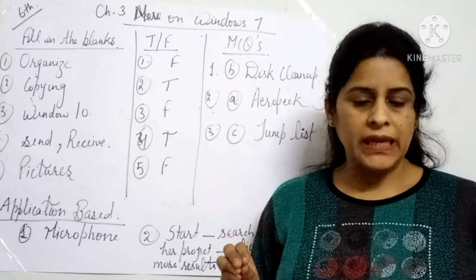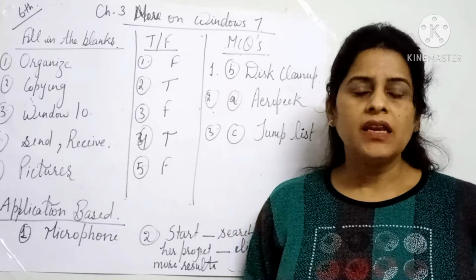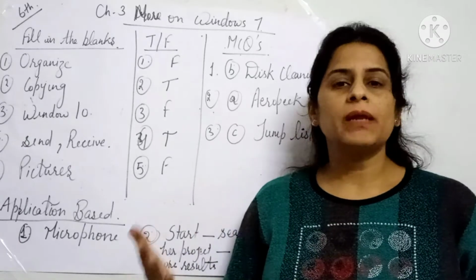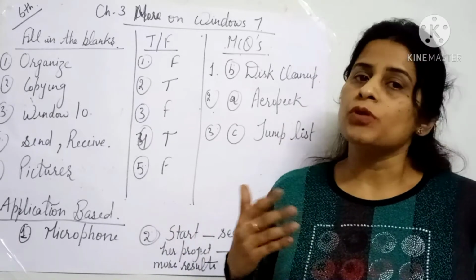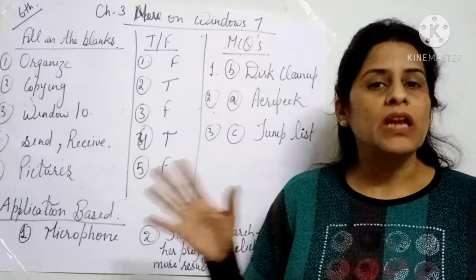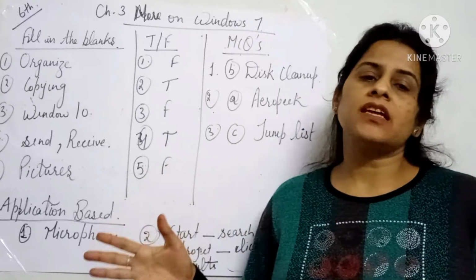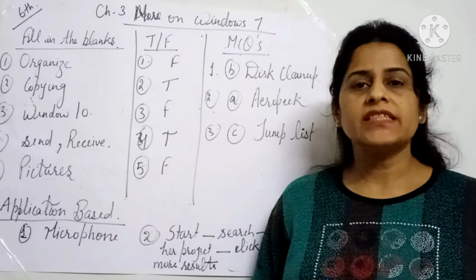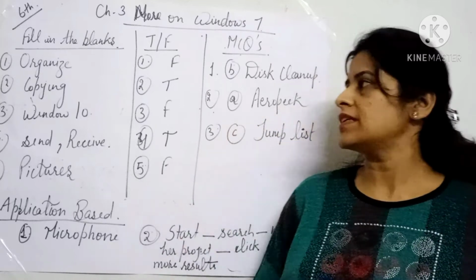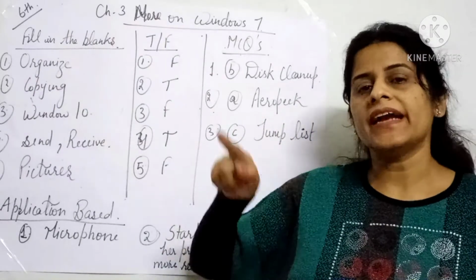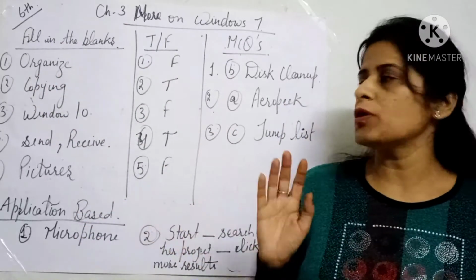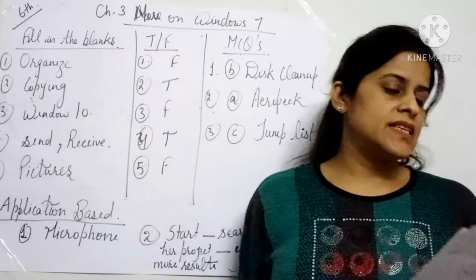Microsoft Windows Media Player is used to run and dash digital media files on a computer. What is the work of Windows Media Player on your computer? Why do we use the Windows Media Player feature of Windows 7? It is used to run and dash digital media files. Media files means your audio files and your video files. So what does it do? It runs them, and you can organize them. The first answer, it will come, is run and organize your digital media files on a computer. Clearly?